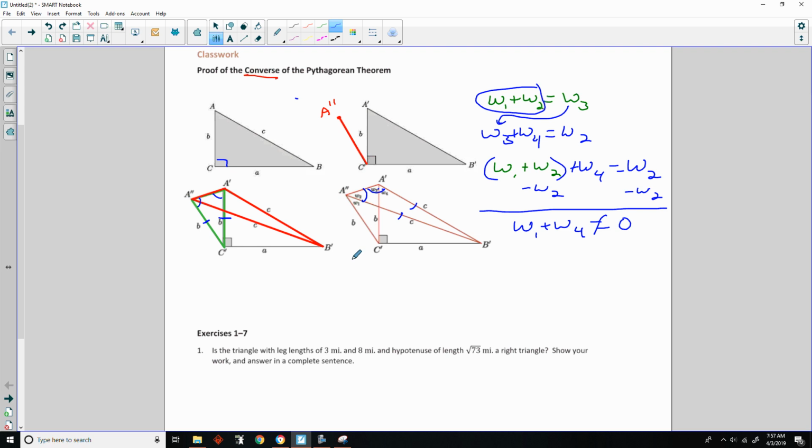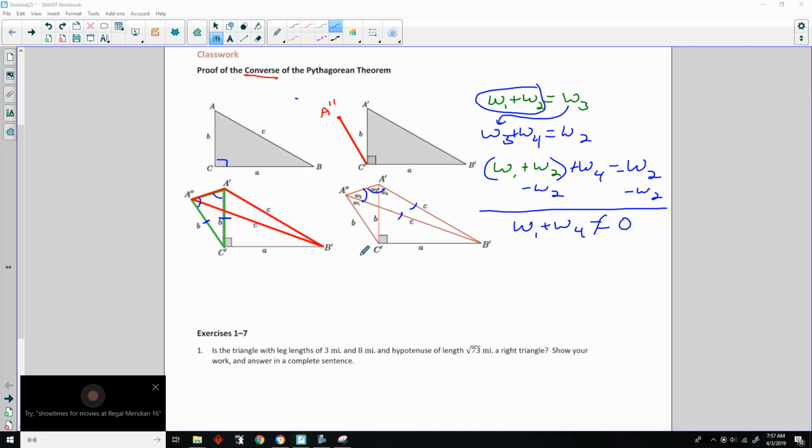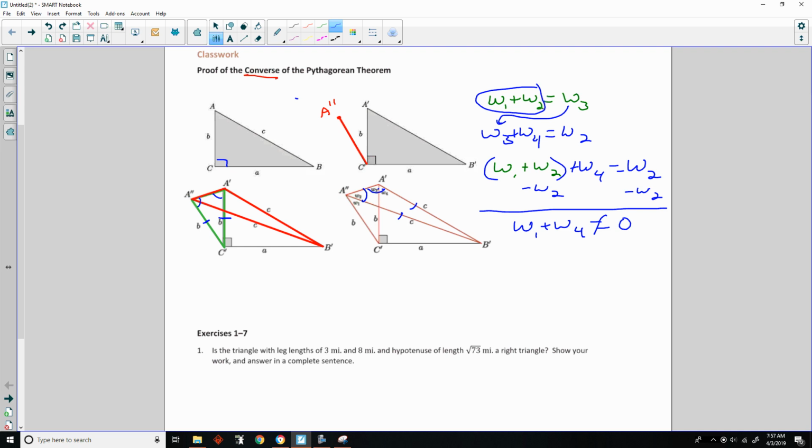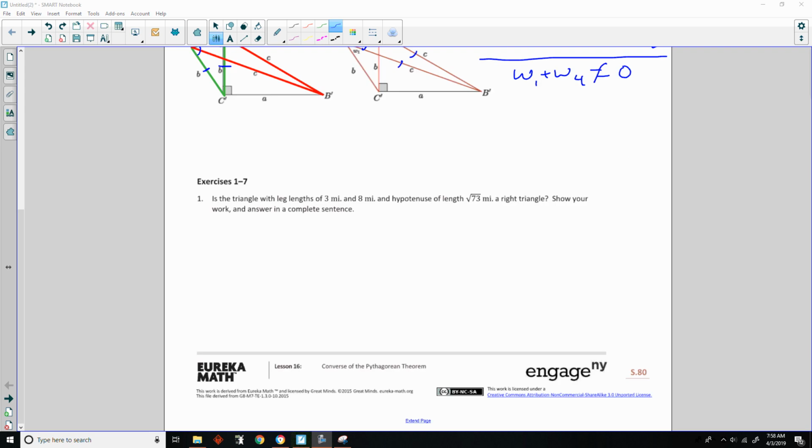So finally, if a triangle has side lengths of A, B, and C, with C the longest length, that doesn't satisfy the equation A squared plus B squared equals C squared, then the triangle cannot be a right triangle. Okay, hopefully that wasn't too confusing to you. After that lengthy explanation of proof by converse, let's work on the exercises 1 through